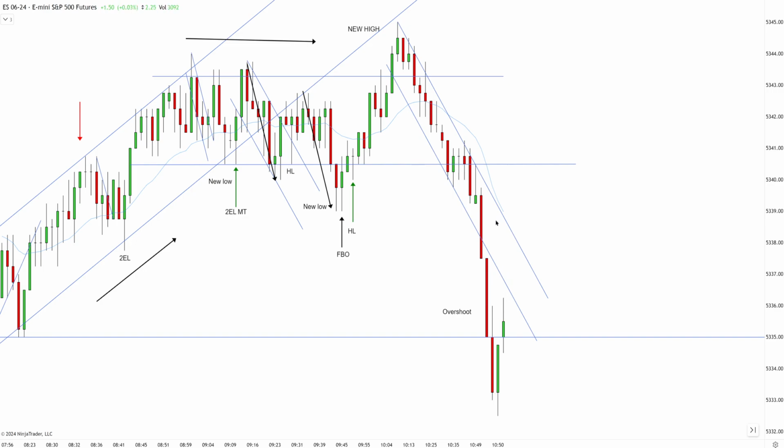Now we have overshoot, a 90 degree spike down, so far from the EMA, breaking the trend channel line. This is oversold territory. You're at the low of the day where buyers can step into the market, and this is a decent trade to go long for a more advanced trader who understands that you're at the low of the day, you're far from the EMA. This is oversold territory, overshoot, and you can expect a stronger pullback,